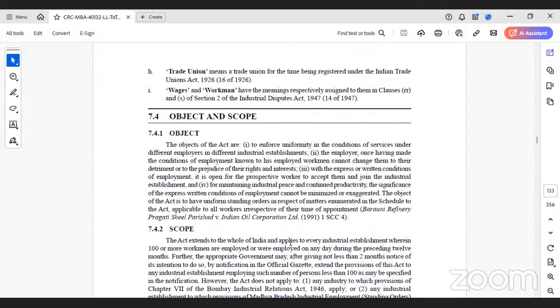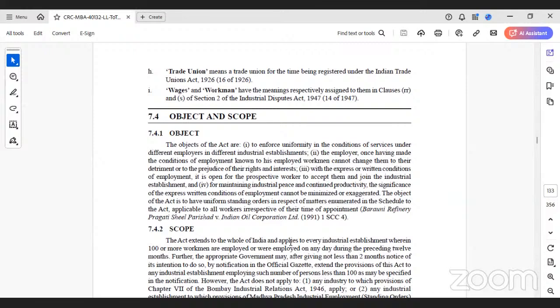Now, coming to the object and scope. The object of the act is to enforce uniformity in the conditions of service under different employers in different industrial establishments. To bring uniformity, because each worker is appointed in a different industry, they have their own set of rules and regulations, terms and conditions. So there is no uniformity. One industry might differ from another industry. So to bring uniformity is the first and foremost object of this act. And once the employer makes the conditions of employment, they have to be made known to his workmen,